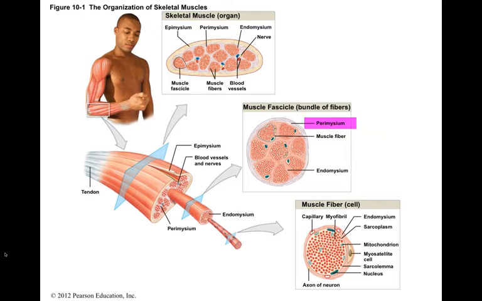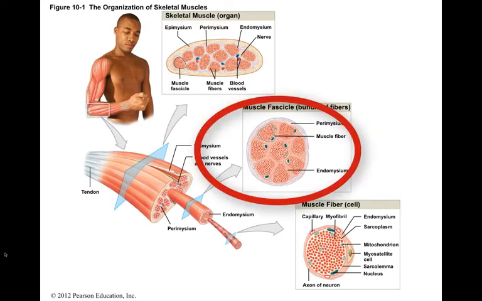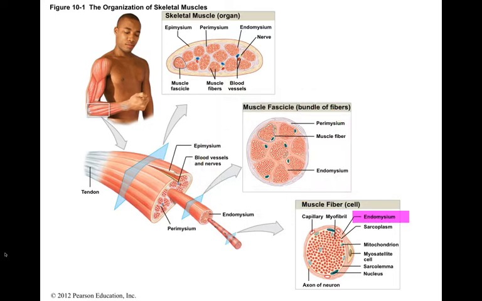The perimysium divides the skeletal muscle into a series of compartments. Each compartment contains a muscle fascicle. The perimysium contains blood vessels and nerves. Within each fascicle, the endomysium is more delicate and surrounds each individual muscle fiber. The endomysium contains capillary blood vessels, nerve fibers, and myosatellite cells, which are stem cells that help to repair damaged